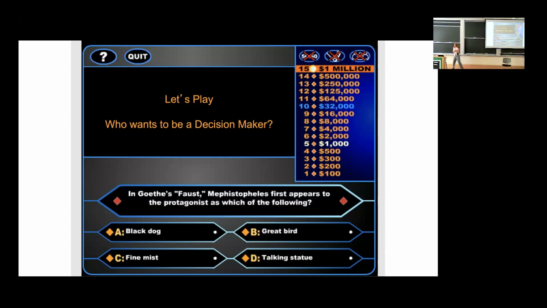In Goethe's Faust, Mephistopheles first appears to the protagonist as which of the following? Who thinks it's the black dog? A, hand up. Not much support for the black dog. Great bird. Even fewer. Fine mist. Might be similar to the black dog or the talking statue. I think it's between black dog and great bird, maybe. Black dog and fine mist both